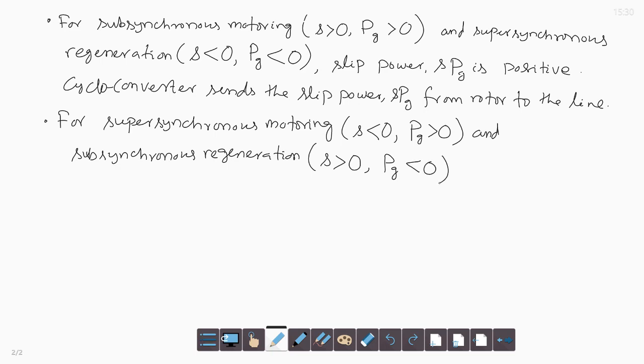So, for these two cases, slip power SPG is negative,